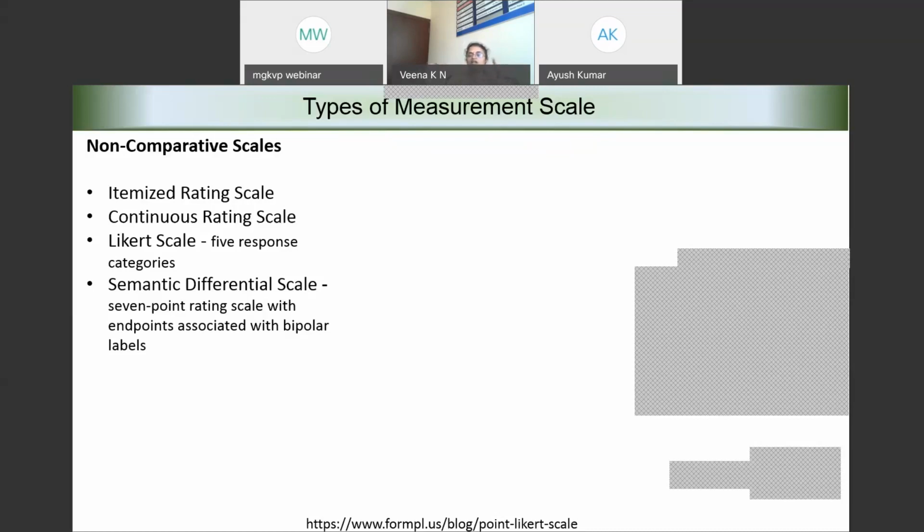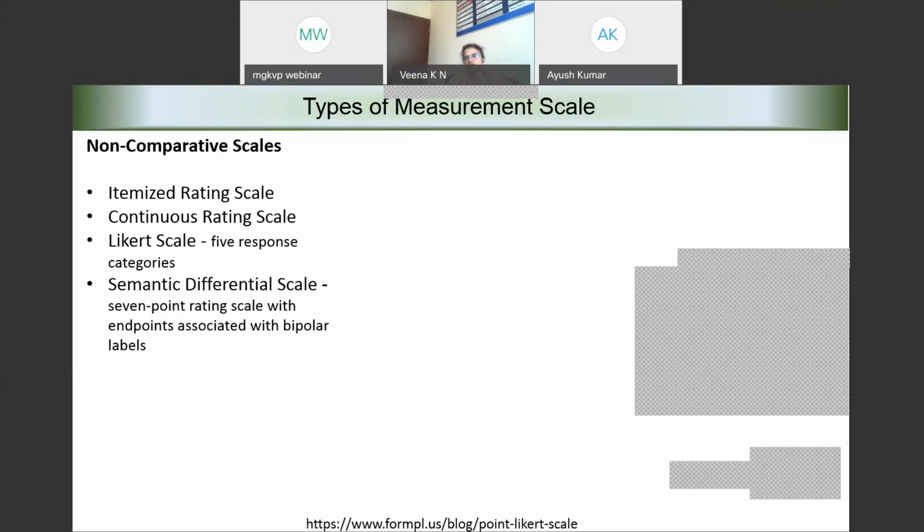Rather than calling it 1, 2, 3, it could even go to 1.25, 3.26, 3.11, or 5.6. If I ask somebody to identify their liking for a product on a scale of 1 to 10, somebody who is responding might say, I like it 7.5 out of 10. This is a continuous scale.